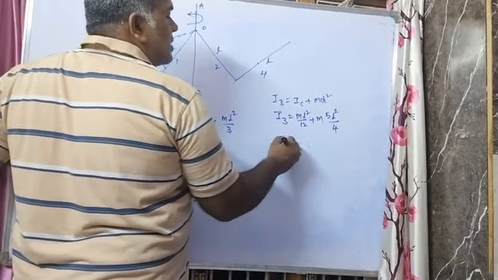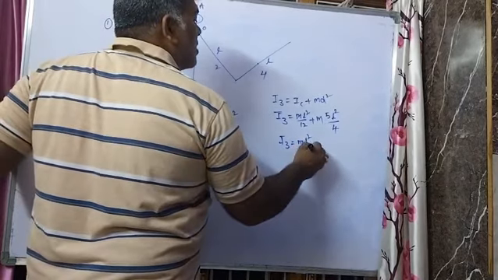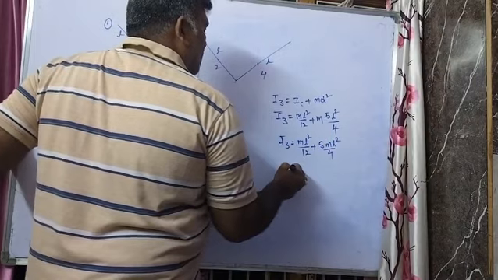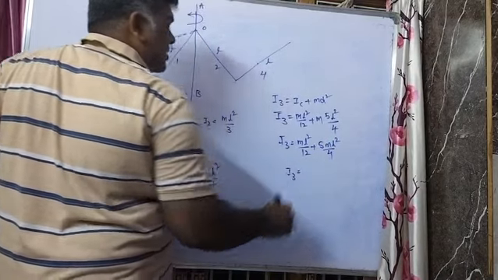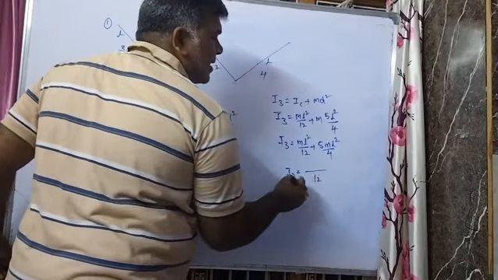So I3 is equal to ML square by 12 plus 5 ML square by 4. Taking 12 as the LCM,